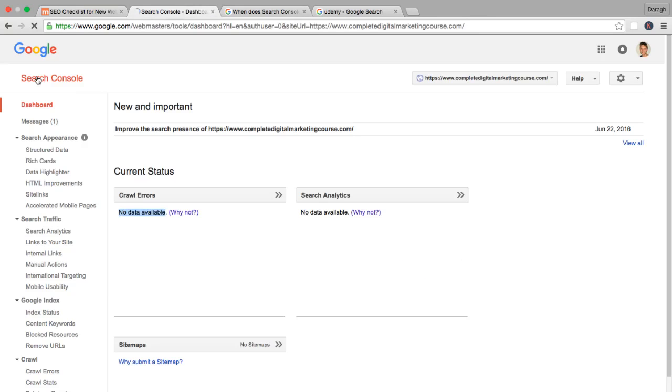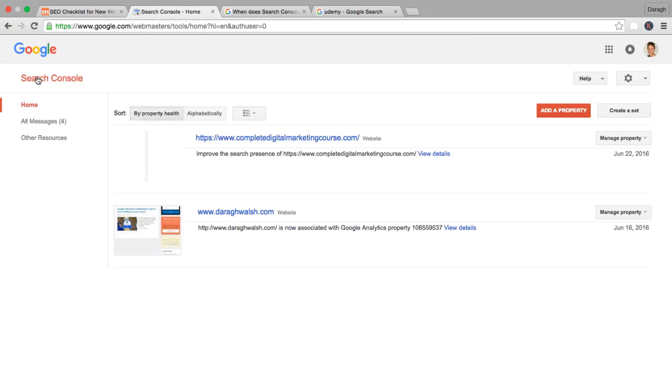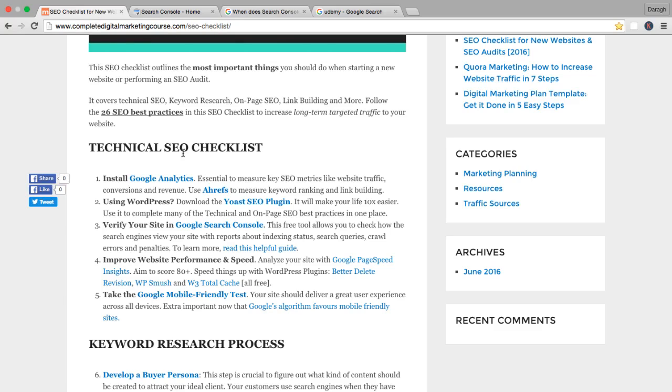The most important thing to do right now is just to get it set up and get it collecting data. And as I've shown you here, you can come back and look at this report later, and in particular focus on these reports once that data is collected. So that's it. Verifying your site in Google Search Console is very simple. The next thing we're going to do is really look